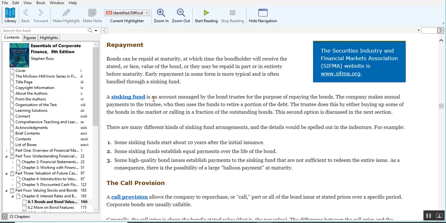redeemed. So some sinking funds may start later in the process, 10 years after. Some establish equal payments into the fund over the life of the bond. And some high-quality bond issues establish payments into the sinking fund that are not sufficient to redeem the entire issue. And as a consequence, there's a possibility of a large balloon payment at maturity. So in some cases, they may not really have a full sinking fund that can pay the debt off once